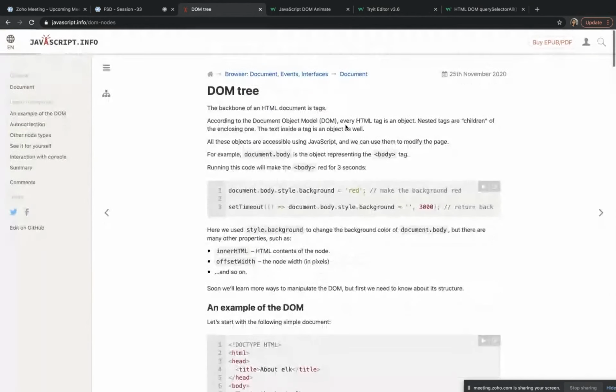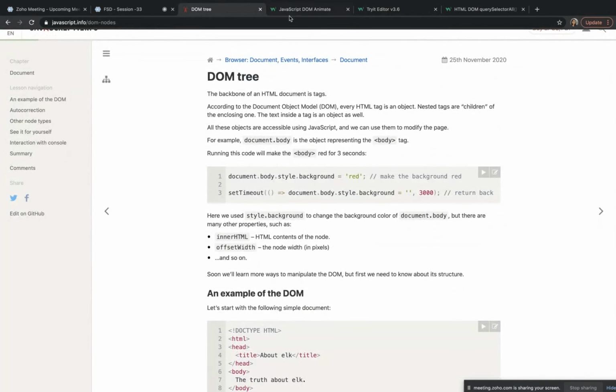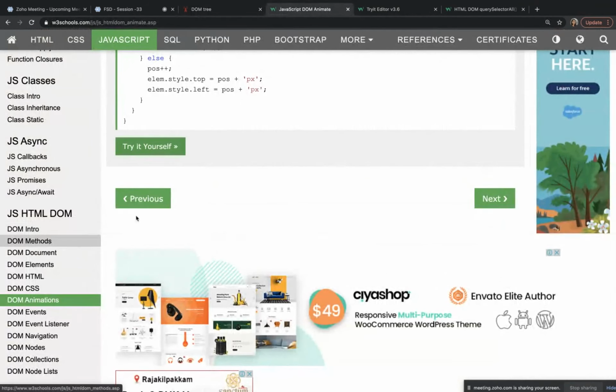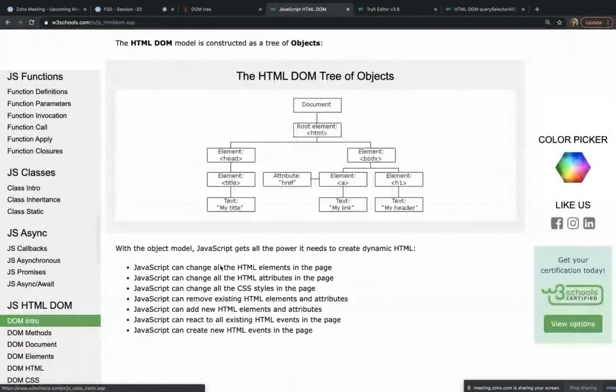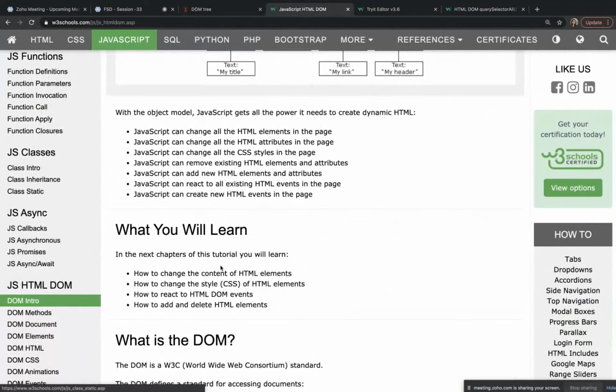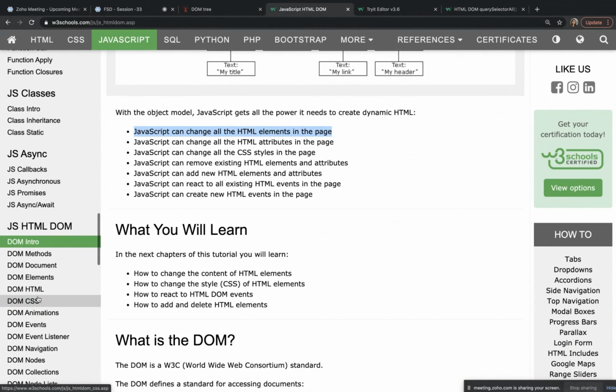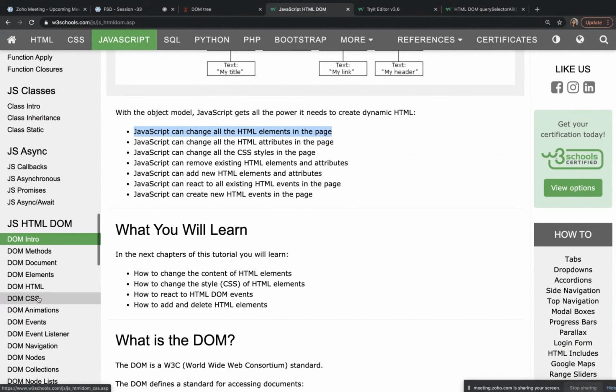Okay, let's see. JavaScript can change all the elements in the page. First, let us see how we can get all the values.